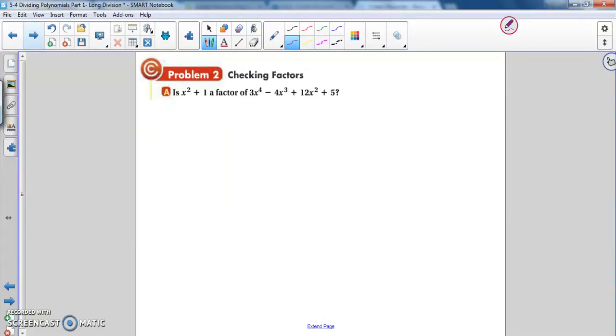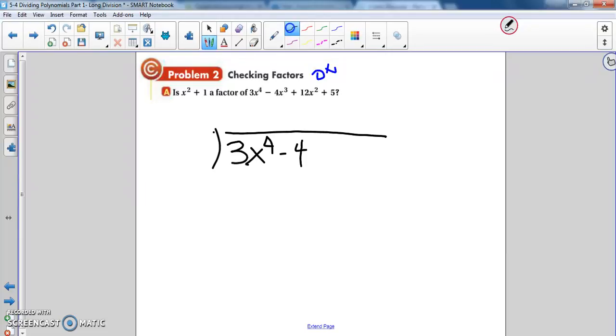So we want to check if this is a factor. Is x squared plus 1 a factor of 3x to the 4th minus 4x cubed plus 12x squared plus 5? The first thing that should be going off in our heads is we are missing a place value of 0x. And now we can go ahead and write that in our long division. 3x to the 4th minus